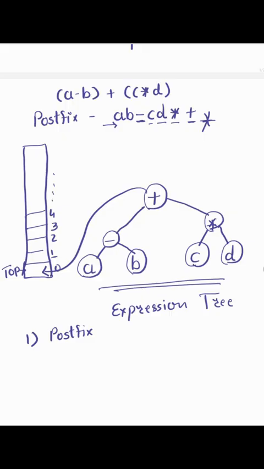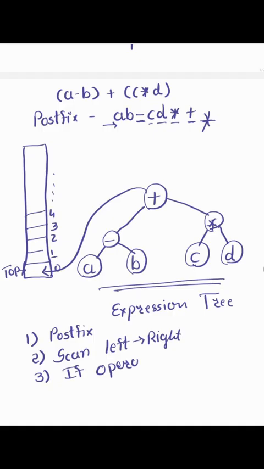If the postfix is already available, then it's fine, not an issue. Otherwise, you need to convert it into postfix. Second, you need to scan from left to right. Then you check: if it's an operand, nothing to do, directly push it to the stack. If it's an operator, then in this scenario,